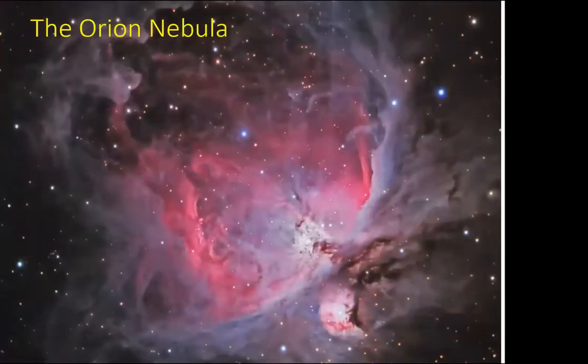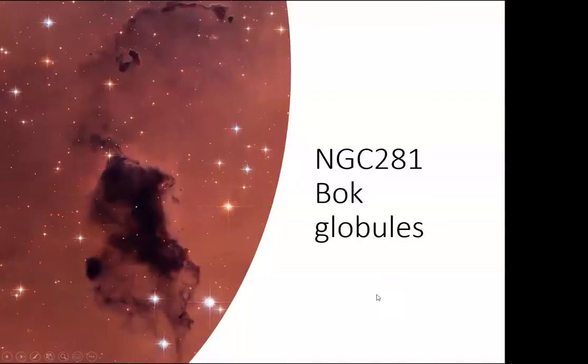Another lovely picture of the Orion Nebula. We're going to dive right inside it in a moment, but there is a glorious photograph of it with the trapezium right in the center, those very famous 4 stars that are primarily what's lighting up most of this inner part of the core of the Orion Nebula and blowing a huge bubble in the center of it. But if we dive right into these nebulae with the Hubble Space Telescope, we see these dark bits of nebula left over, so-called Bok globules, named after another Dutch astronomer who first identified them.